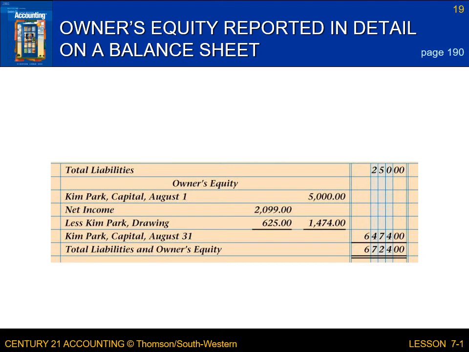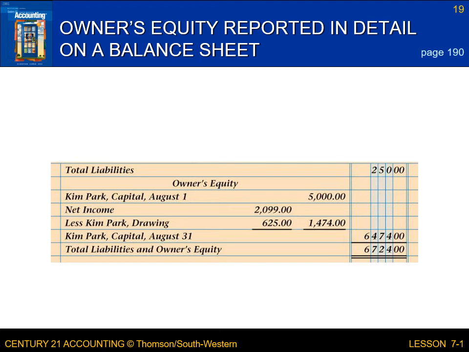Now, how do we figure out our owner's equity? Sometimes the company will ask you to do an owner's equity report, and this is what it will look like. You've got your beginning capital, what they invested. So Kim Park invested $5,000 in the beginning of our company. We know that she has a net income of $2,099, but she also withdrew